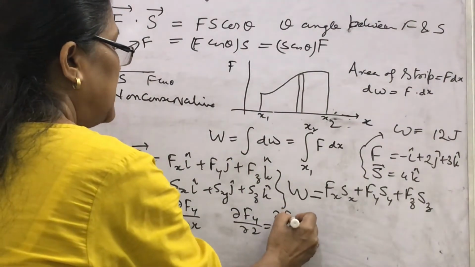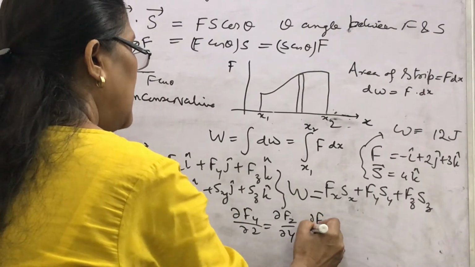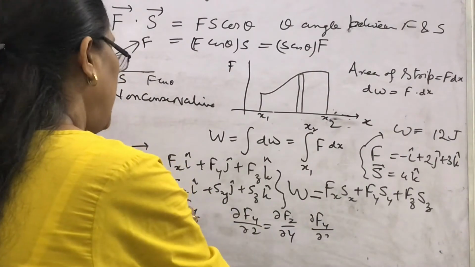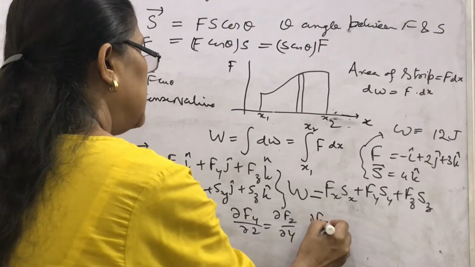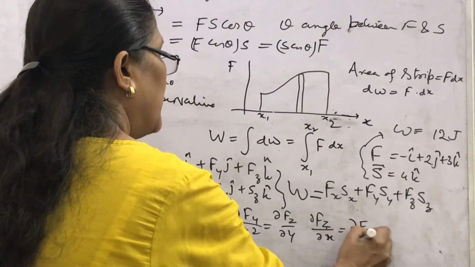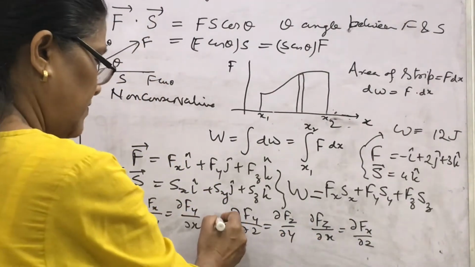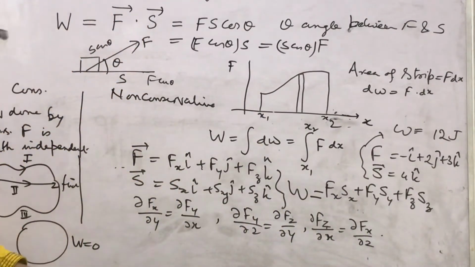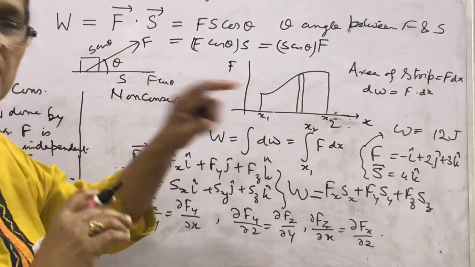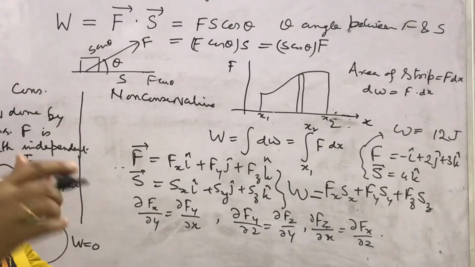Here, del fz upon del y equals del fy upon del z, and del fz upon del x equals del fx upon del z. If all these three equations are satisfied for any given force, these partial differentiation equations, then that force is